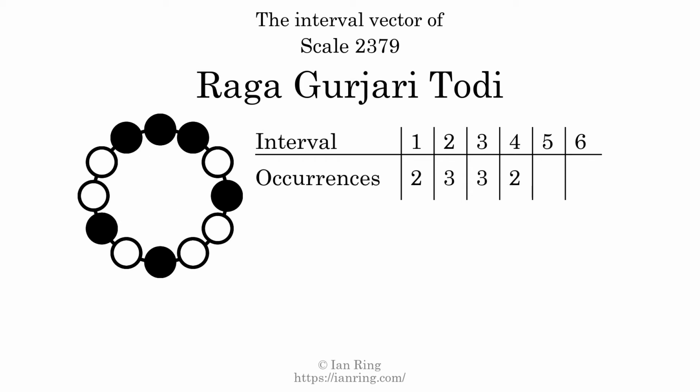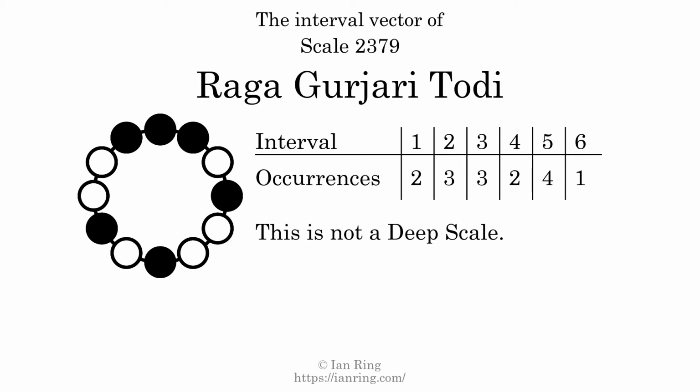There are 2 intervals with the size of 4 semitones. They are here and here. There are 4 intervals with the size of 5 semitones. They are here, here, here, and here. There is 1 interval with a size of 6 semitones. It is here. Each interval does not appear in this scale a unique number of times, so this is not